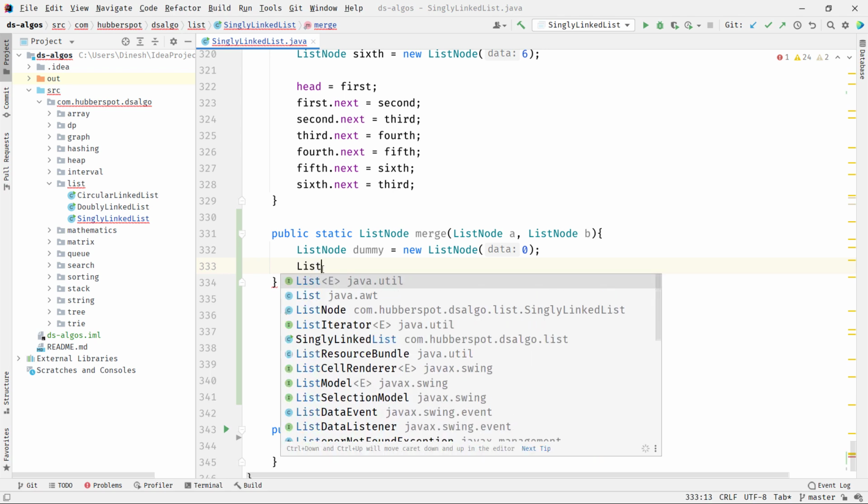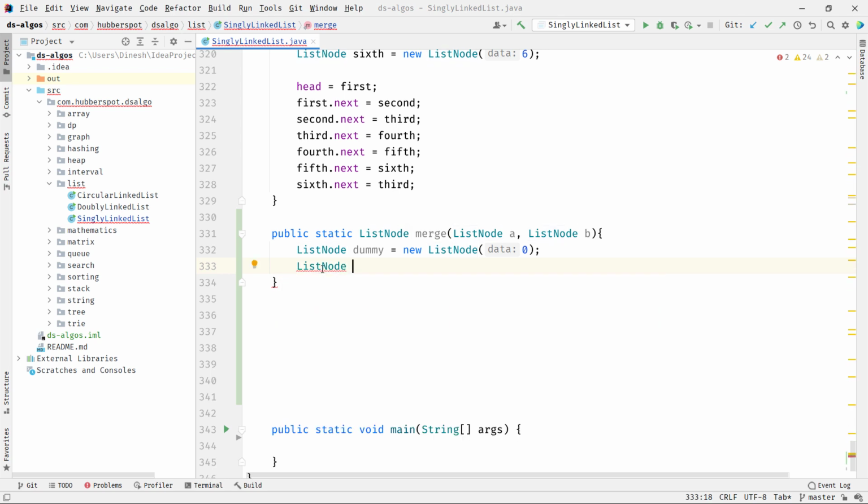In our previous video, we saw why we create this dummy list node. It provides a concrete object in the heap so that we can avoid null pointer exceptions. Now, we will create a ListNode, let's say by the name tail, and this tail will point to the dummy list node. The dummy list node will hold the complete list, and we will use this tail ListNode to add one element from both the lists using the tail pointer. We will see that later.